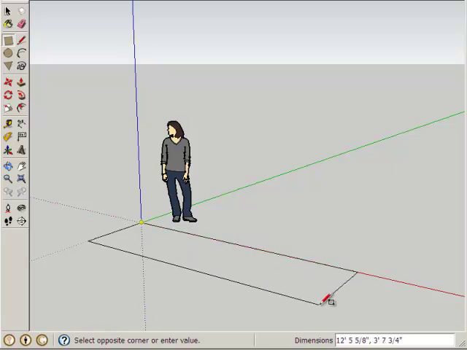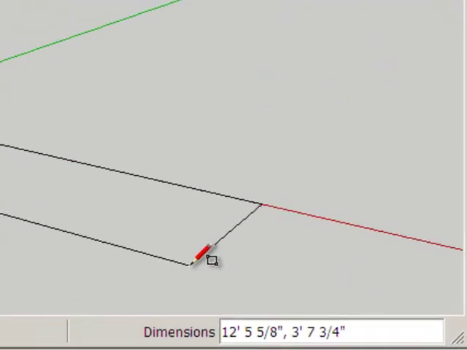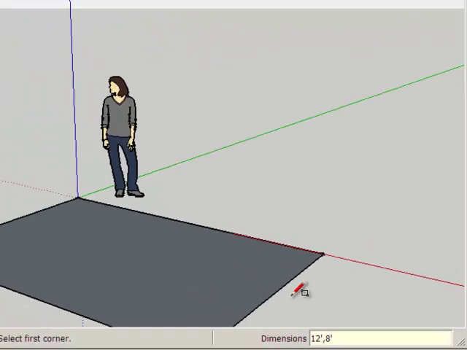Now if I make a highly asymmetric rectangle and I look in my dimensions box, it says 12 feet by 3 feet. So I know that the first dimension mentioned here is the long one. That's kind of nice to know, because when I type in the dimensions, I would like my rectangle to be oriented about the same way. Instead of a 10-foot wide shed, I'm going to make a 12-foot wide shed, because that's the same length as 3 sheets of plywood next to each other. So I type in 12 feet and a comma and then 8 feet to accommodate the length of a piece of plywood. Hit enter,